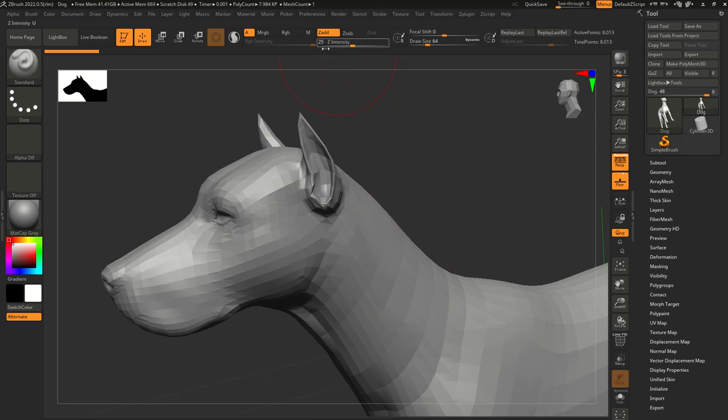Below here, I see the density of my tool, the focal shift, which is how big I want that influence of the center of my tool, and then the draw size is how big the whole thing is in general. So let me bring it down like this. I'm gonna do it like that, and I see that I have a standard, I have dots. I'm gonna do a little bit of